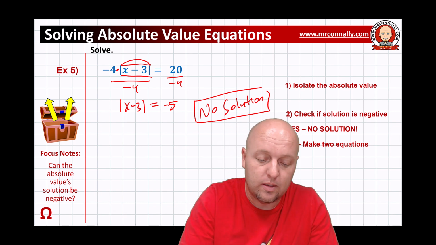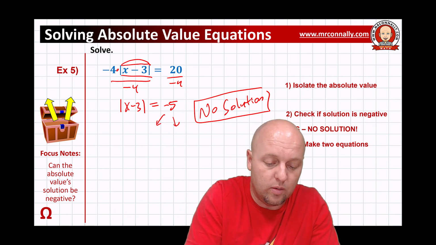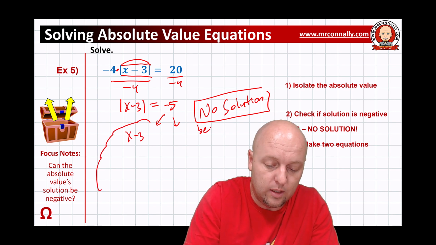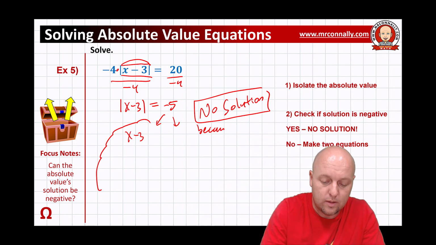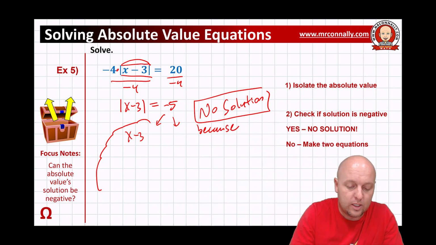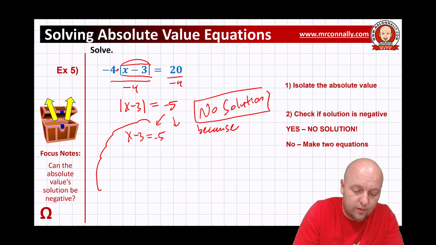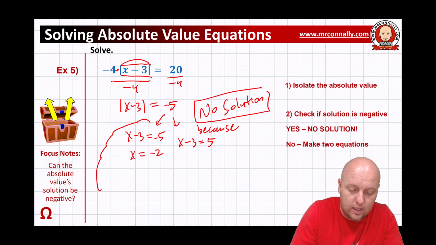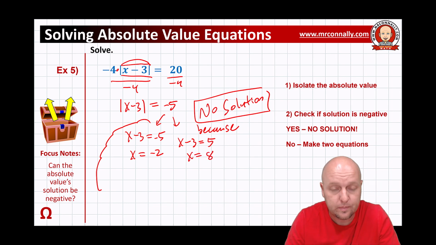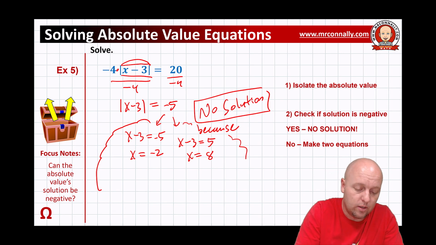Okay, and if you don't believe me, you could try and make an equation. So it's no solution because x minus 3 equals negative 5, x minus 3 equals 5. If we were to write this out, we would get x equals negative 2 and x equals 8. And we would think, oh, that's our answer, right? Okay, wrong. If we check our solution,